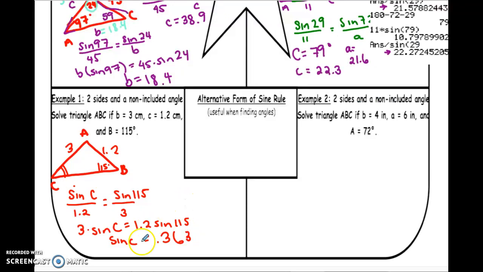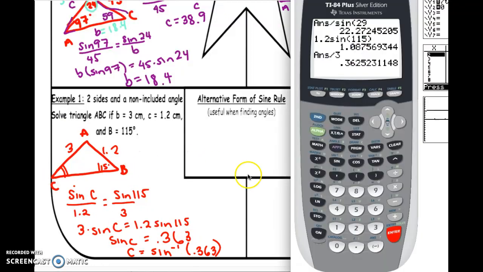0.363. So we have to remember, and this is what we were practicing in the first part of this unit, to move the sine over to the other side, there's no such thing as dividing here. This is an operation. So to get rid of an operation, you use its inverse. So I'm going to rewrite that as inverse sine of 0.363. If we put that in our calculator, I'm going to use second sine, which gets me to inverse sine. And then I'm just going to bring that down because that eliminates rounding errors. And so I get that my angle C is